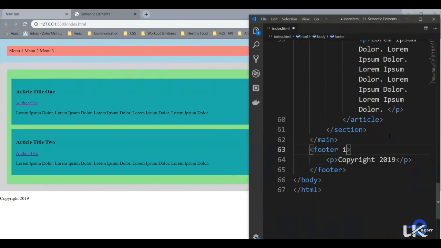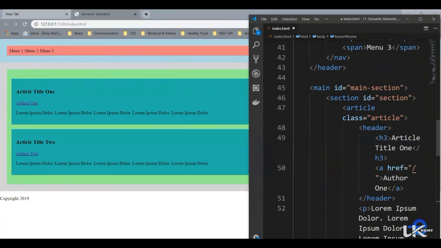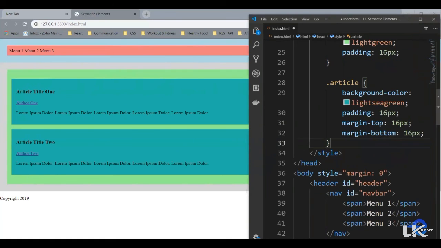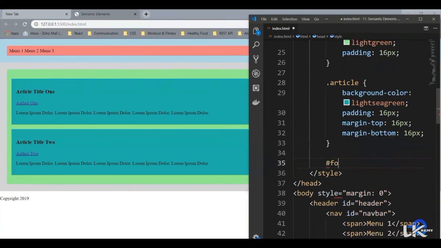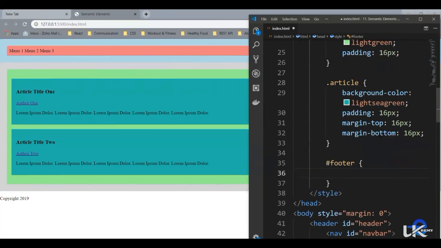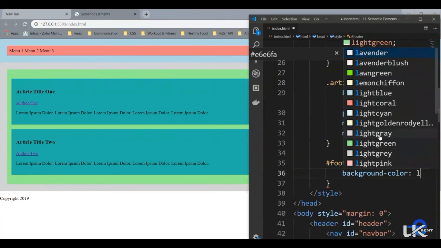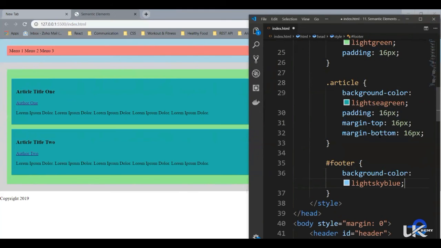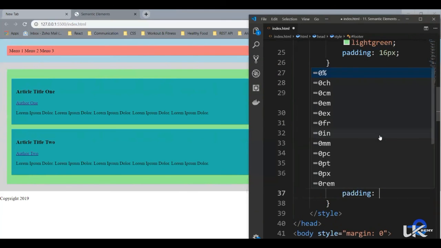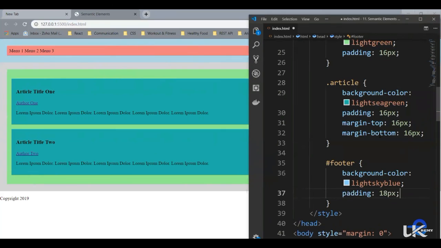Let's give this footer also some color. So it's an ID, so hash footer, background color, say light sky blue, and some padding, say 24 pixels. Save it,